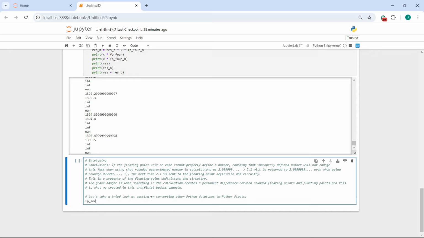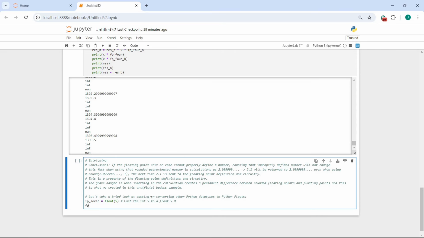So we type floating point 7 equals float 5. And this code will cast the int 5 to a float 5.0. And it will create a floating point 8